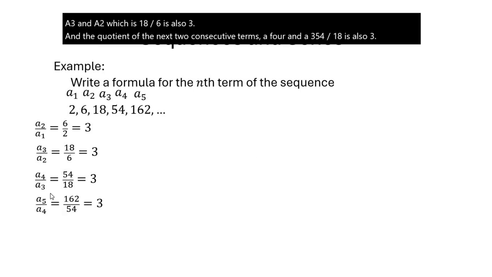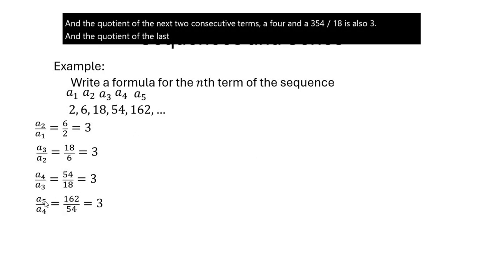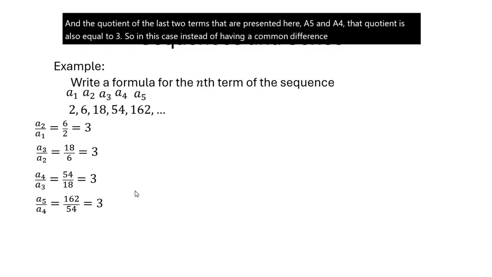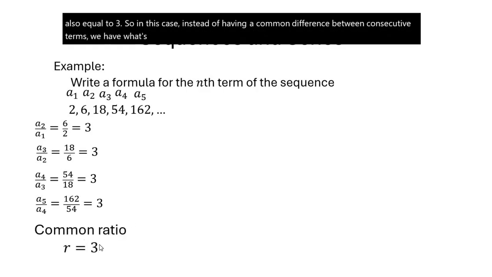And the quotient of the last two terms that are presented here, a5 and a4, that quotient is also equal to 3. So in this case, instead of having a common difference between consecutive terms, we have what's called a common ratio of 3. Well, whenever consecutive terms have the same common ratio, we get the type of sequence that's